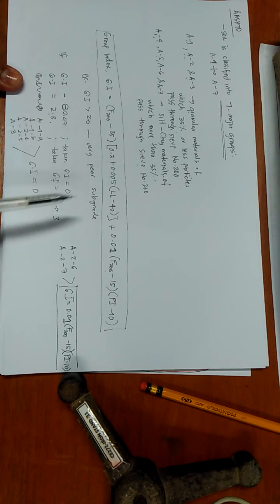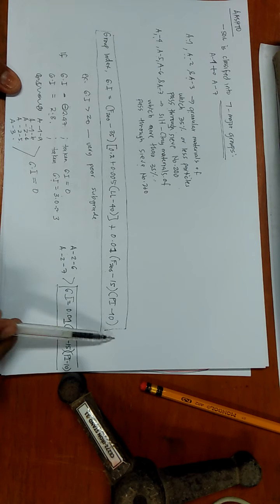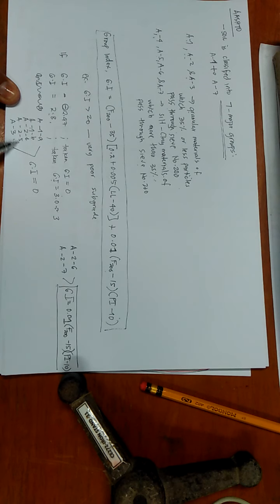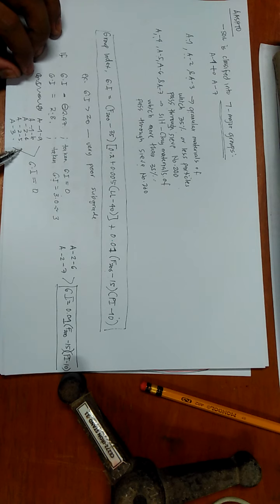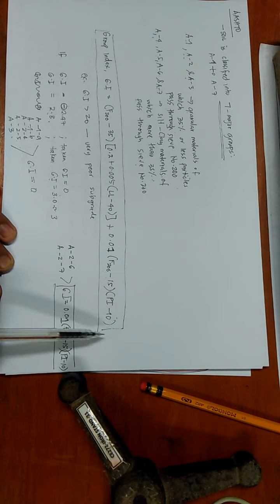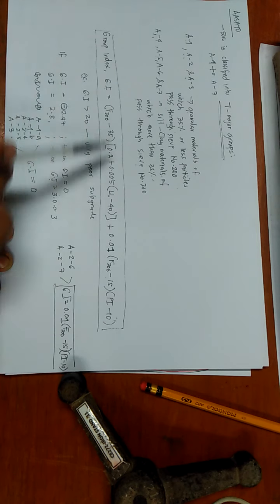So, what if my soil classification lies at A-1-A, A-1-B, A-2-4, A-2-5, or A-3? Again, there is no need to calculate for your GI or group index, simply because your GI is always equal to 0 when it lies in these classifications. But when your soil classification lies in A-2-6 or A-2-7, the formula here is no longer used.